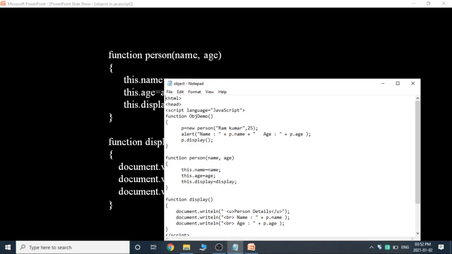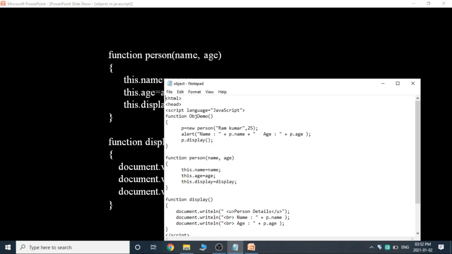See, HTML, head section, script language equals JavaScript. In how many ways can we create objects? In two ways: one is by object constructor and the other one is with object directly. Function objectDemo, p equals new Person. How many arguments am I passing here?